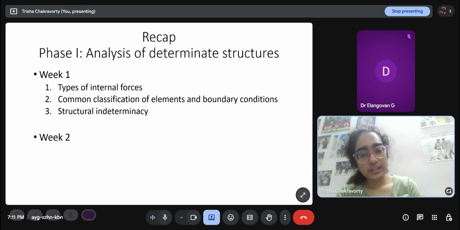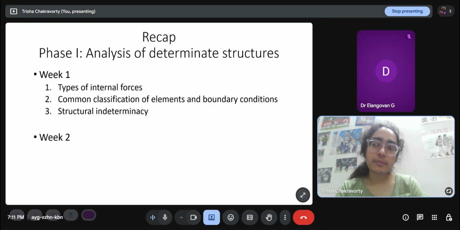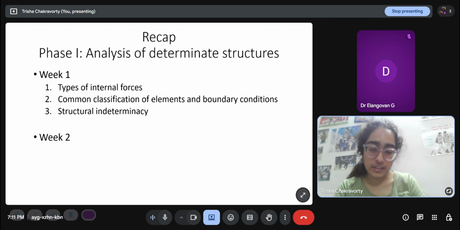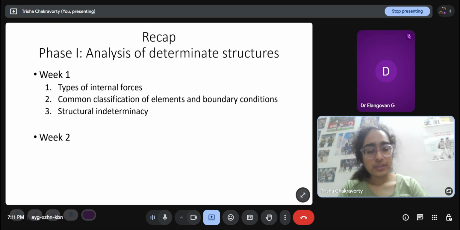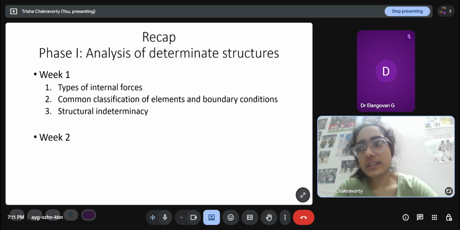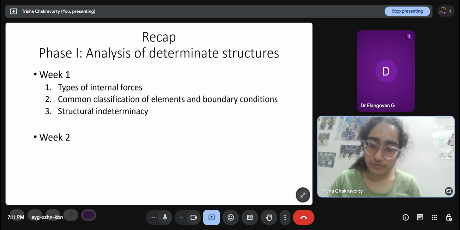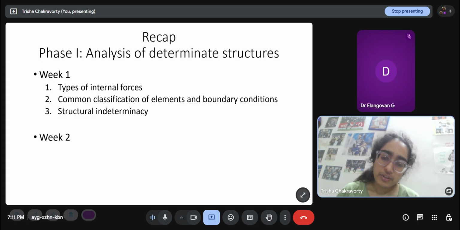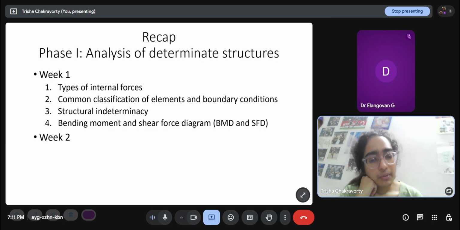The concept of structural indeterminacy we briefly looked at in week one, but in week 7 and 8, the previous 2 weeks, we have looked in detail into indeterminacy, because the first 6 weeks were about analysis of determinate structures, where we don't really need any additional properties. We can just solve the support reactions, responses and deflection using simple physics concepts like free body diagrams. But for indeterminate structures, we need some additional conditions and expressions, additional rules which we have been studying. The bending moment and shear force diagram is the force or stress type response for beams.